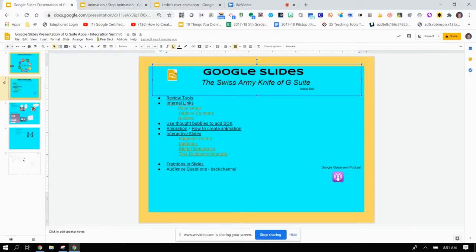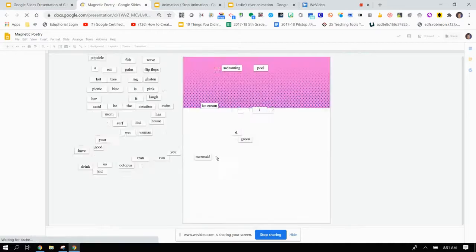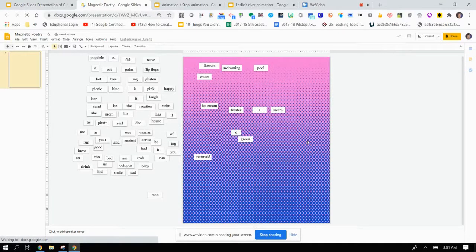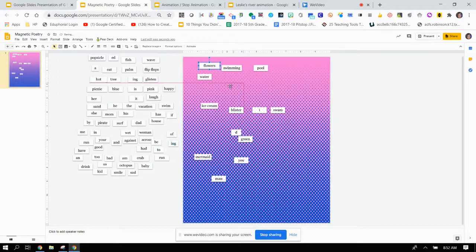All right, the next one is creating interactive slides, and most of you probably have seen this. This is Casey Bell's favorite, creating a magnetic portrait. You, again, will have a background, and using what I call the gray space over here, you can make that space interactive and just drag in. And so you can have kids create,